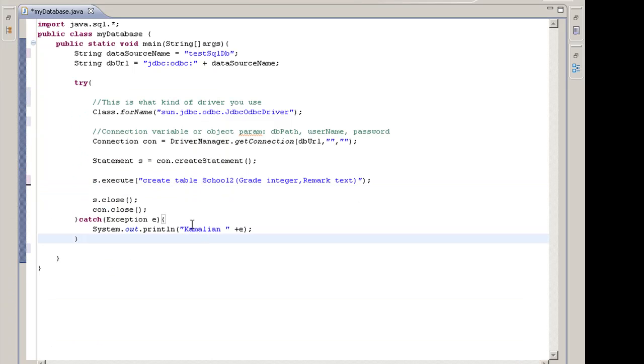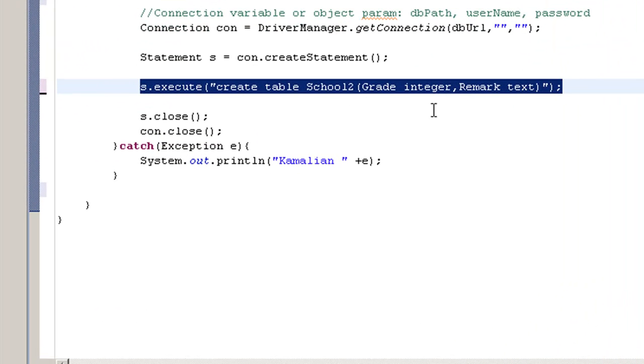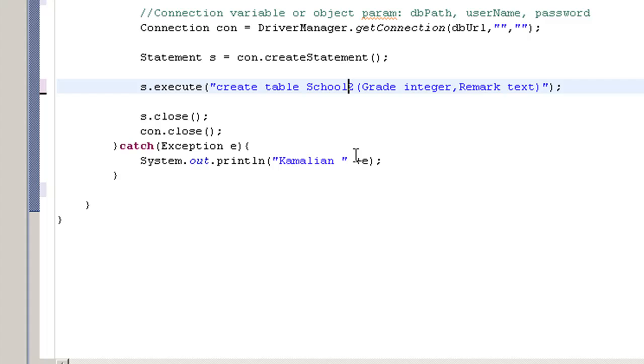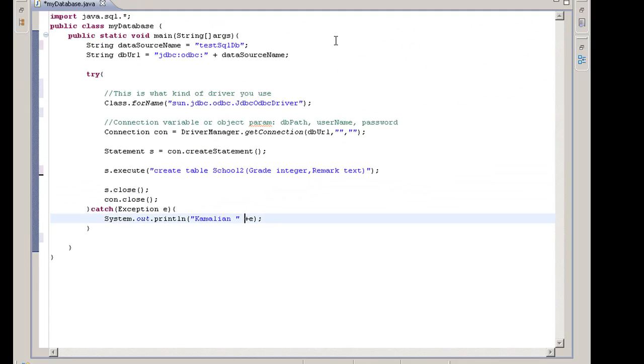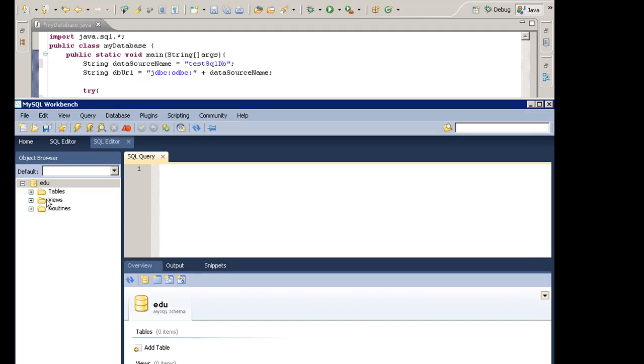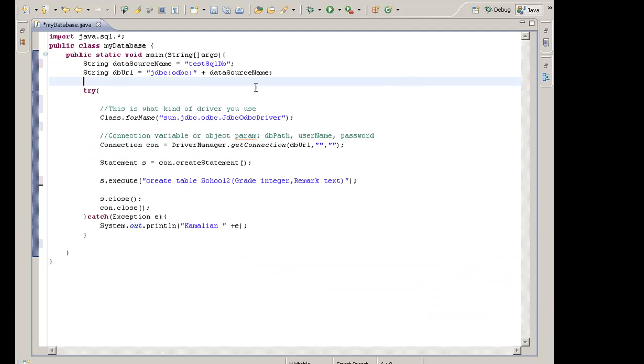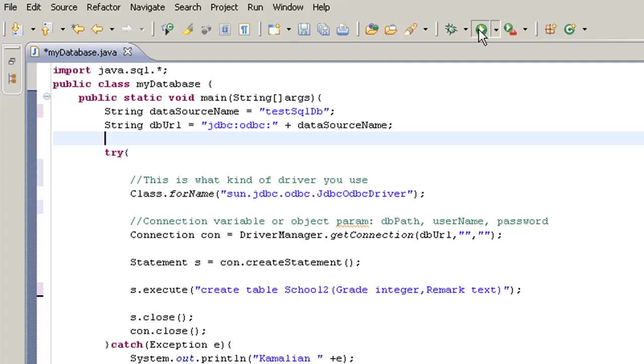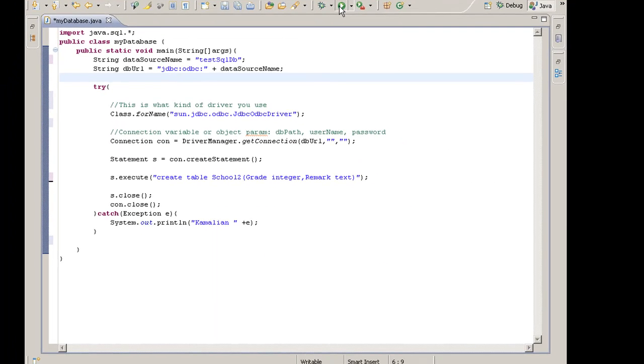Okay. So first we will create a table called school 2. If we run this, we will be able to see a table here in MySQL workbench. So if we run this, run, keep running, we're ready to go.